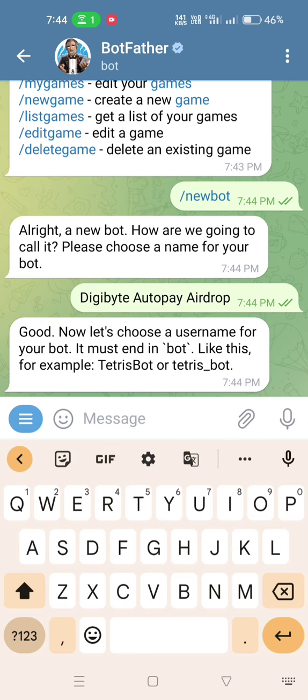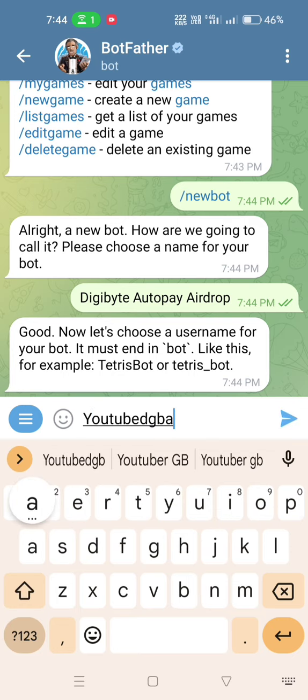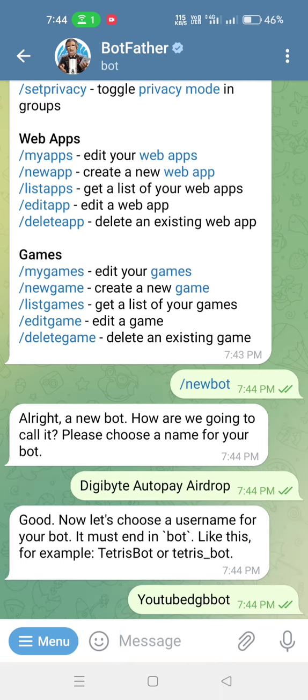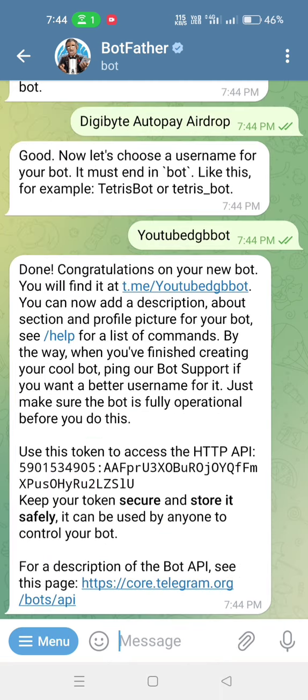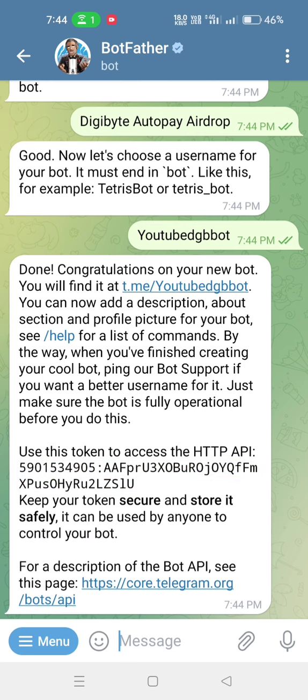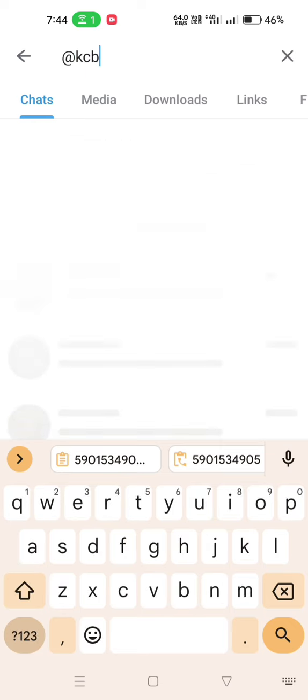Then set a unique username for your bot so users can find your bot by searching your username. So I am setting a unique username here. Then simply you will get an API key. As you can see, I got the API key here. Simply copy that API key and then search @KC bot father